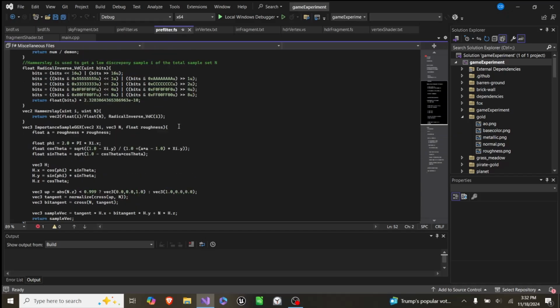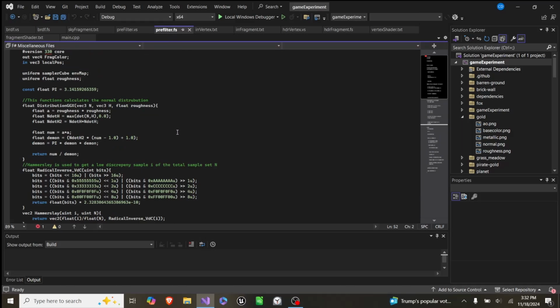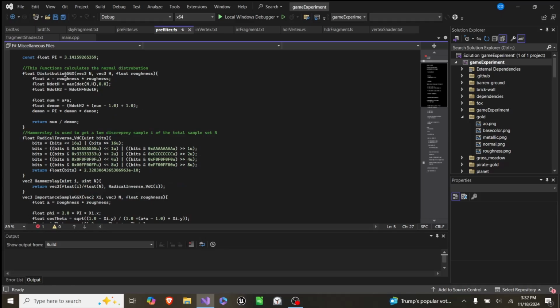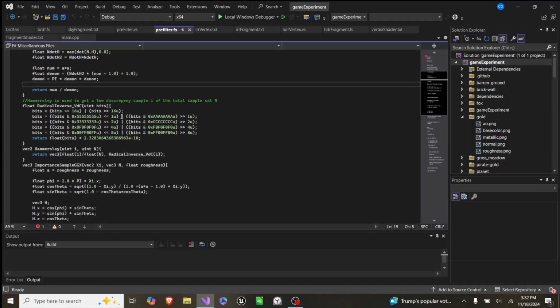And then in our pre-filter shader, we have an environmental map we take in and a roughness. Our environmental map is the cube map of the scene around us. Then we have a distribution GGX, which calculates the normal distribution. We have Hammersley, which is used to get a low discrepancy sample of i for the total sample set of N. So what that means is basically inside our,